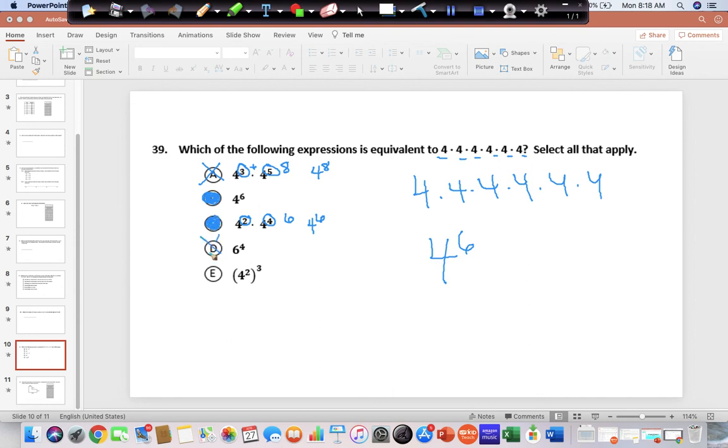6 to the 4th power is not the same as 4 to the 6th power. This is 4 to the 6th power, right? And this is 6 to the 4th power. So they are not the same. Then we have 4 to the 2nd 3 times. So 4 to the 2nd is this, right? And we have that 3 times. So that's 1, 2,